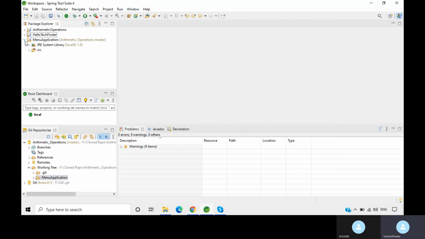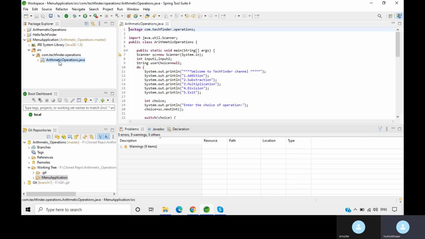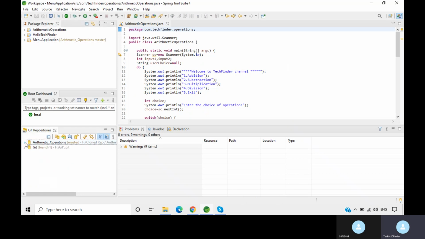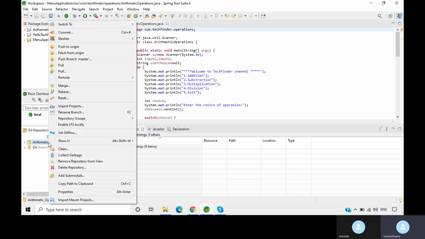See here the project is added into our Project Explorer. We can open this. See, and this is the one way. Now if you want to remove the repository which is added here, then just right click on that repository.